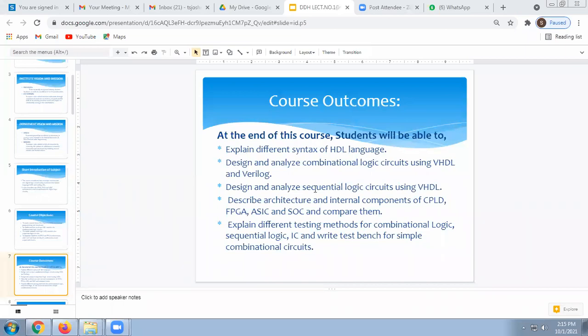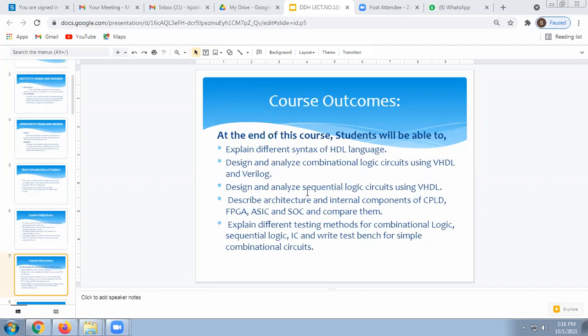Next, design and analyze combinational logic circuits using VHDL and Verilog. There are two types of HDL languages, VHDL and Verilog. Here we are going to design and analyze combinational logic circuits like adder, subtractor, multiplexer, etc. In practical, we are going to do the same in VHDL as well as Verilog.